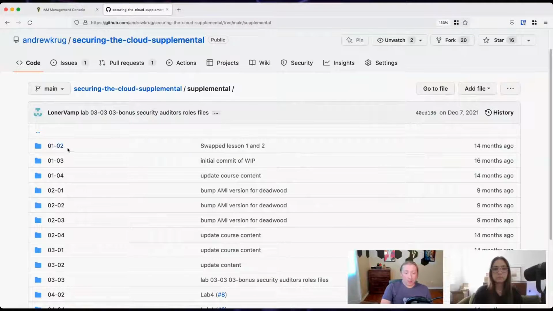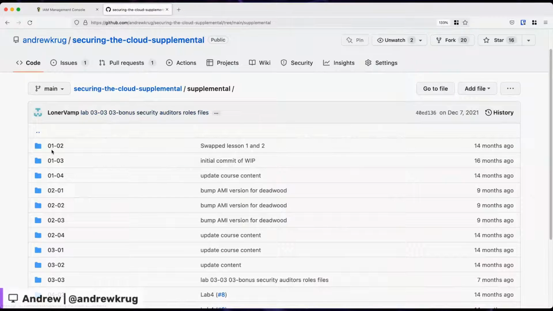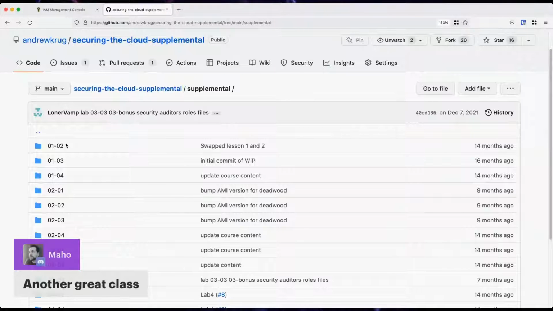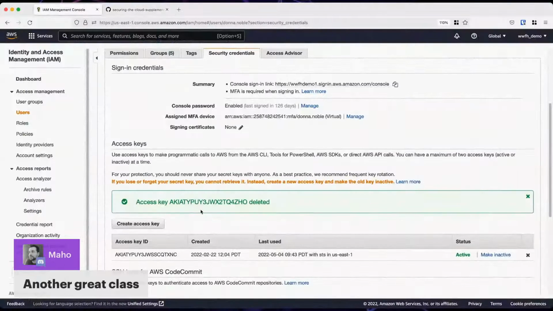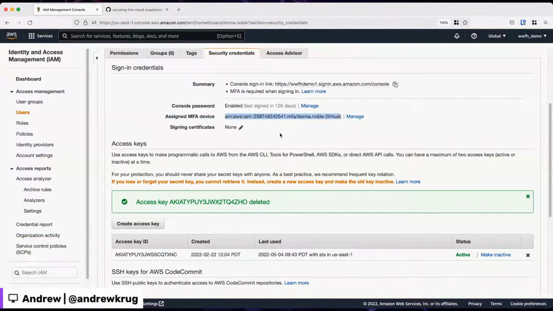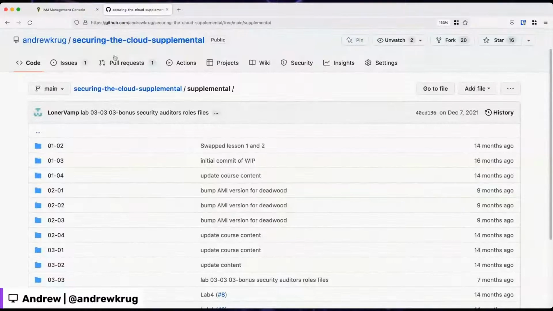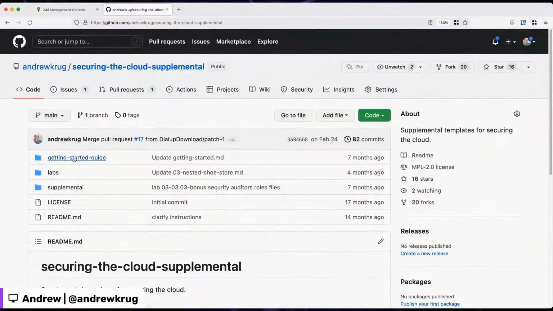So the first thing that we do, again, is we want people to be as safe as possible in these environments, especially if they're brand new to the AWS cloud. We don't want them to accidentally leak a developer credential during the class and then end up having somebody spin up a bunch of Bitcoin miners in their account. So we set up this initial user. We set that user up with MFA, and this is all set up using a CloudFormation template that's provided to students as part of the class.